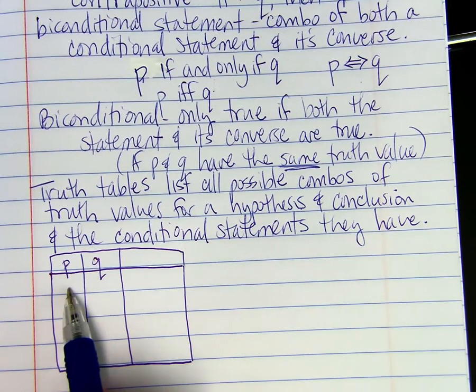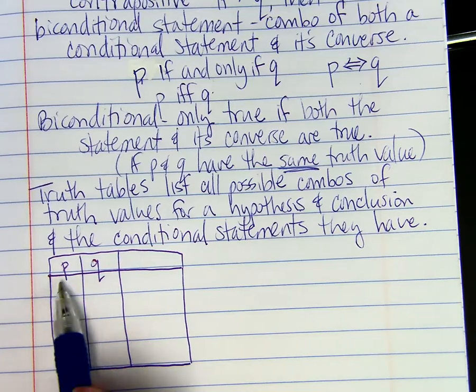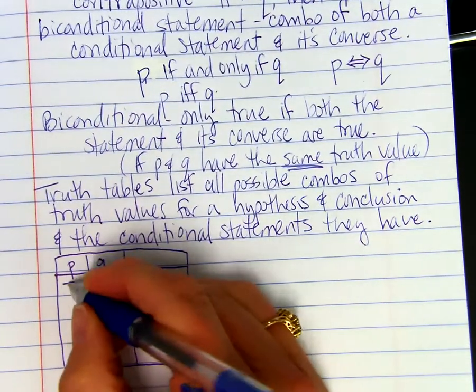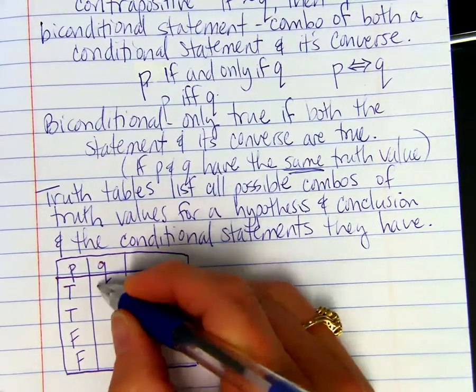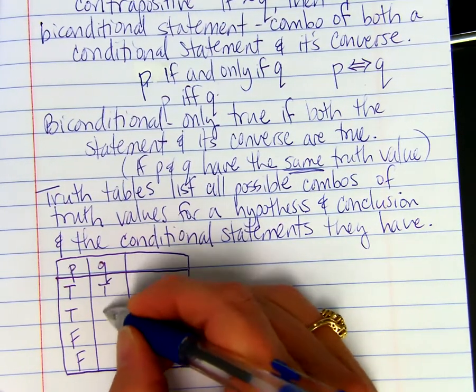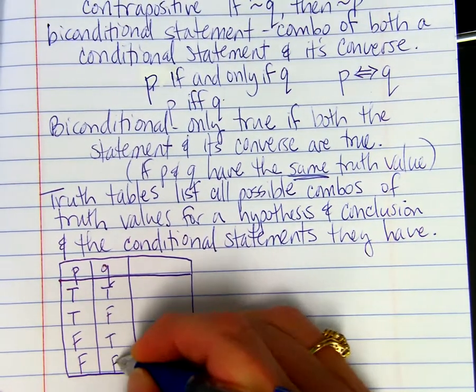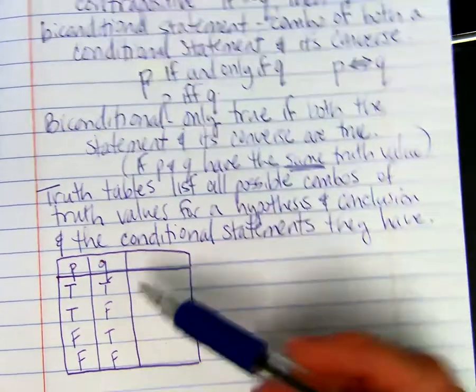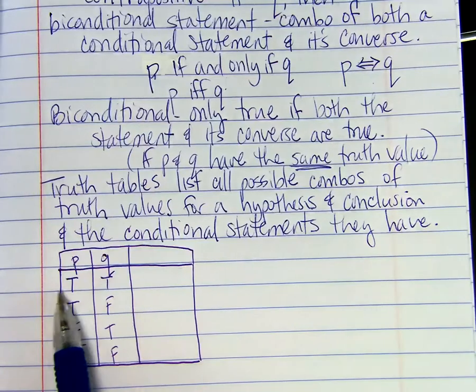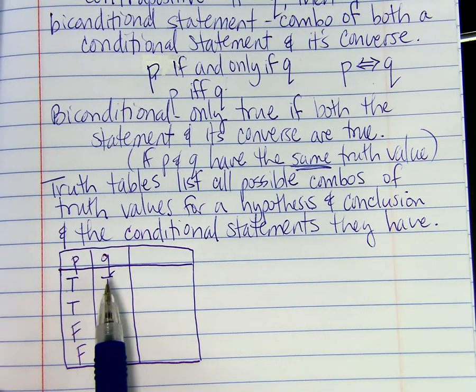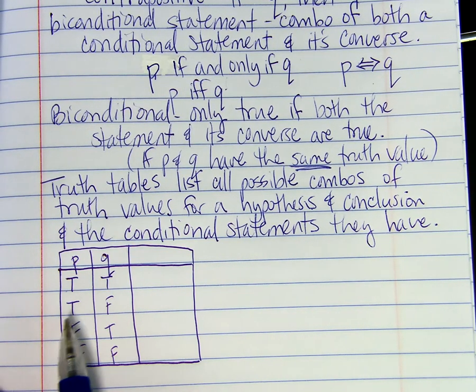You write the P, then the Q, and the first column would be true, true, false, false. And the second column will be true, false, true, false. These are all the ways that a hypothesis and conclusion could go together. If the hypothesis is true and the conclusion is true, or the hypothesis is true and the conclusion is false,